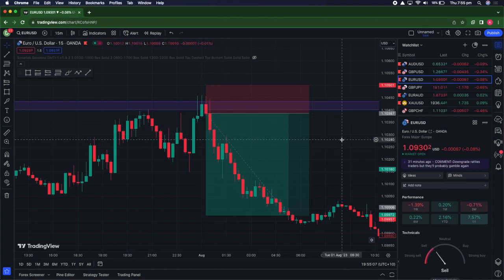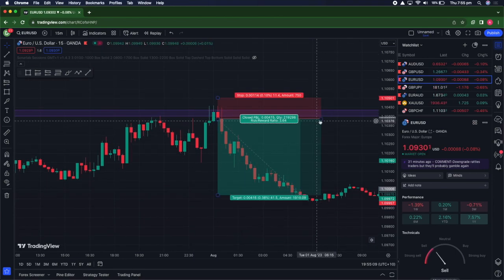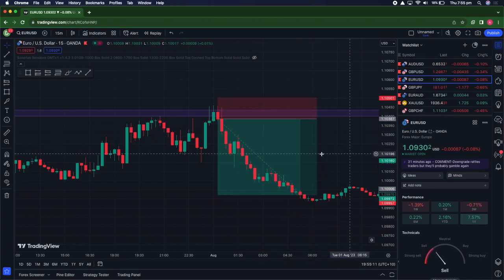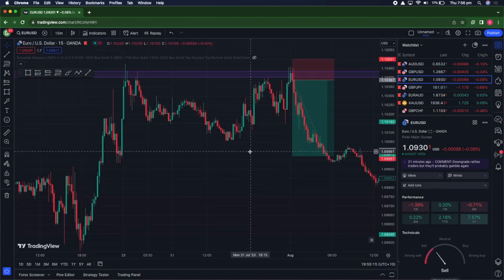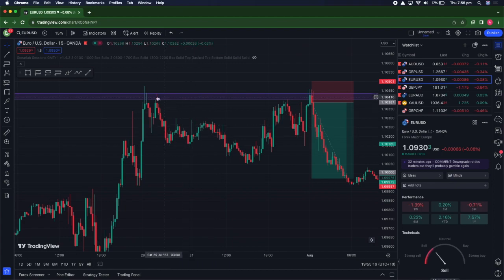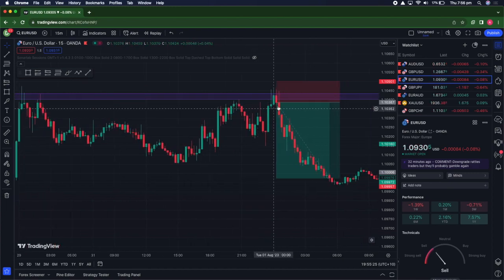Obviously not as strong a rejection, and we did get in a little bit earlier than what we could have, a little bit more risk involved, but I was quite confident on this whole move, sort of bearish in this situation. So we had a double top over here, and then we used it again here, and then again when we got in. I actually was going to get in after this candle close, and